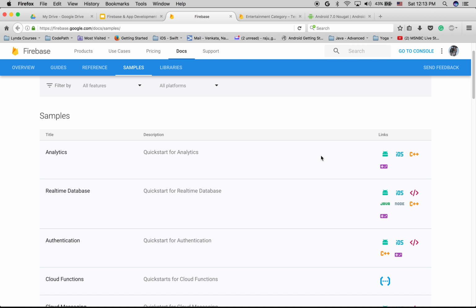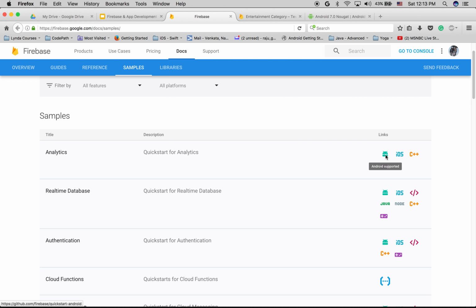Firebase supports multiple platforms, as I said: Android, iOS, and a C++ native library. Some game developers can use Firebase, and Unity is a gaming platform, so you can develop games using Unity. All those examples are there.